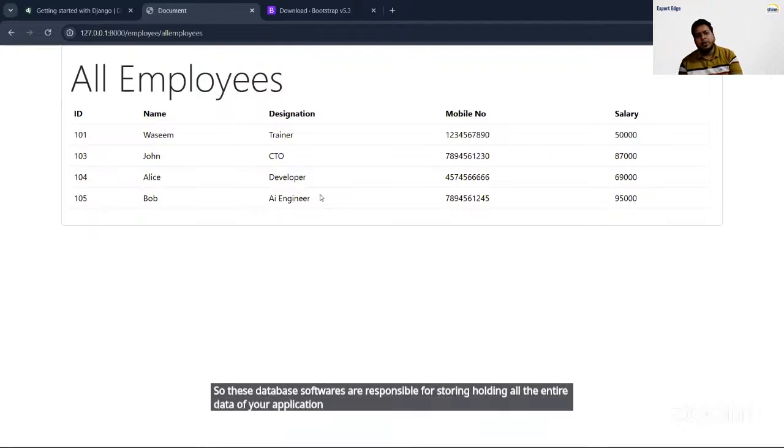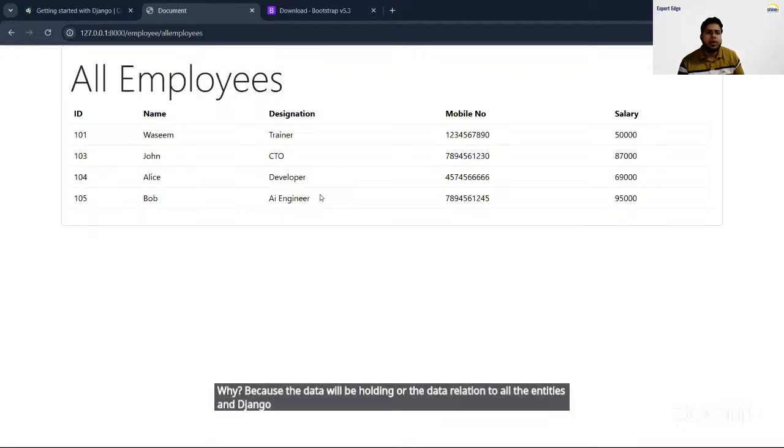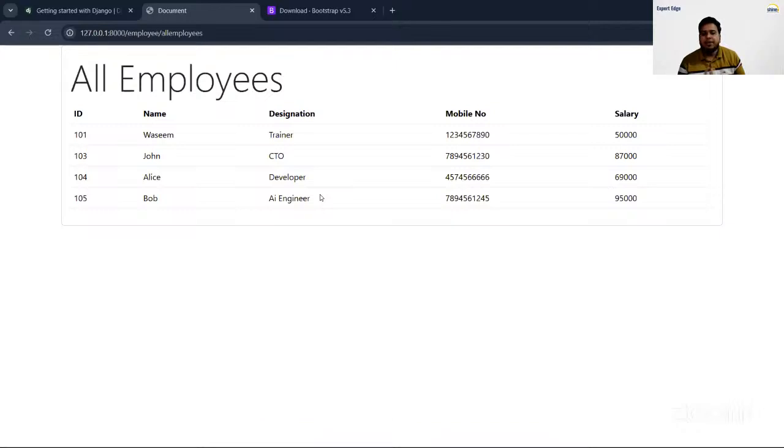And we are going to connect these databases with the software to work in a smooth flow. Why? Because the database will be holding all the data, relational values, all the entities, and Django is an application framework which is allowing you to build the basic web applications. Now, a web application means it will require the data and